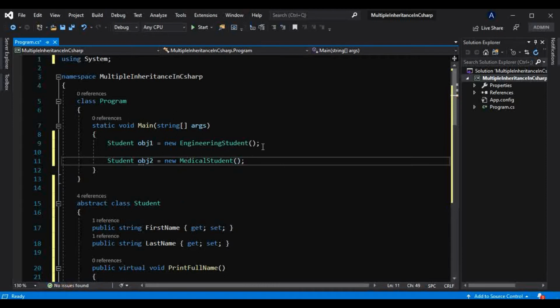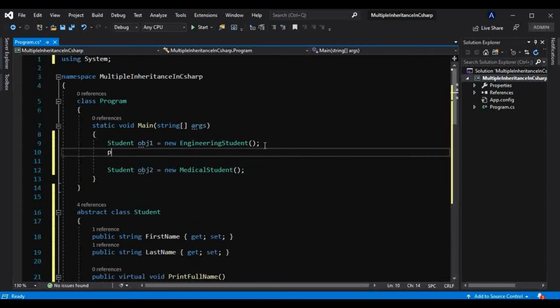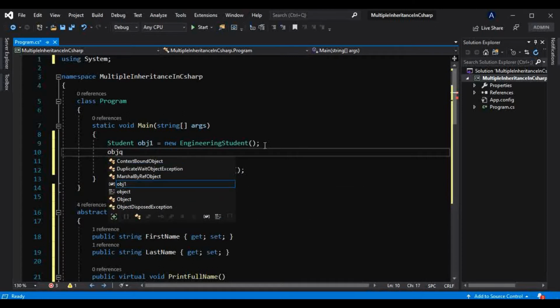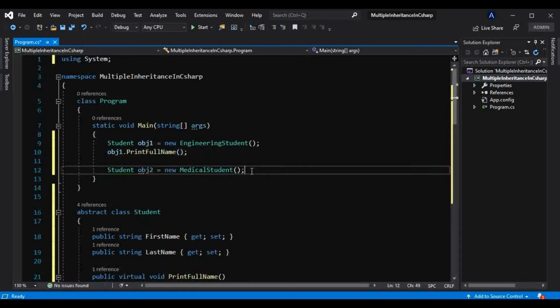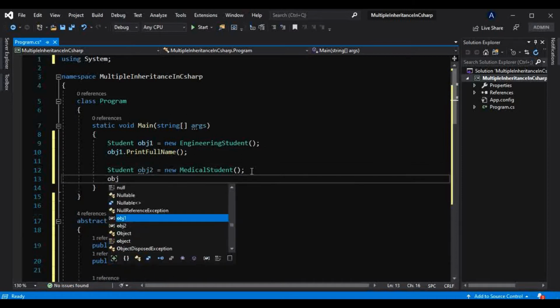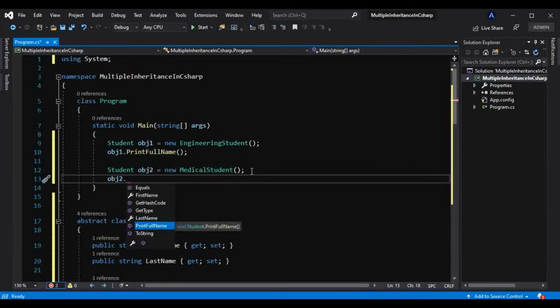So we know they can use their base class implementation, that is that print full name, like this. And similarly obj2, which is a medical student, also can use that default implementation, like this.